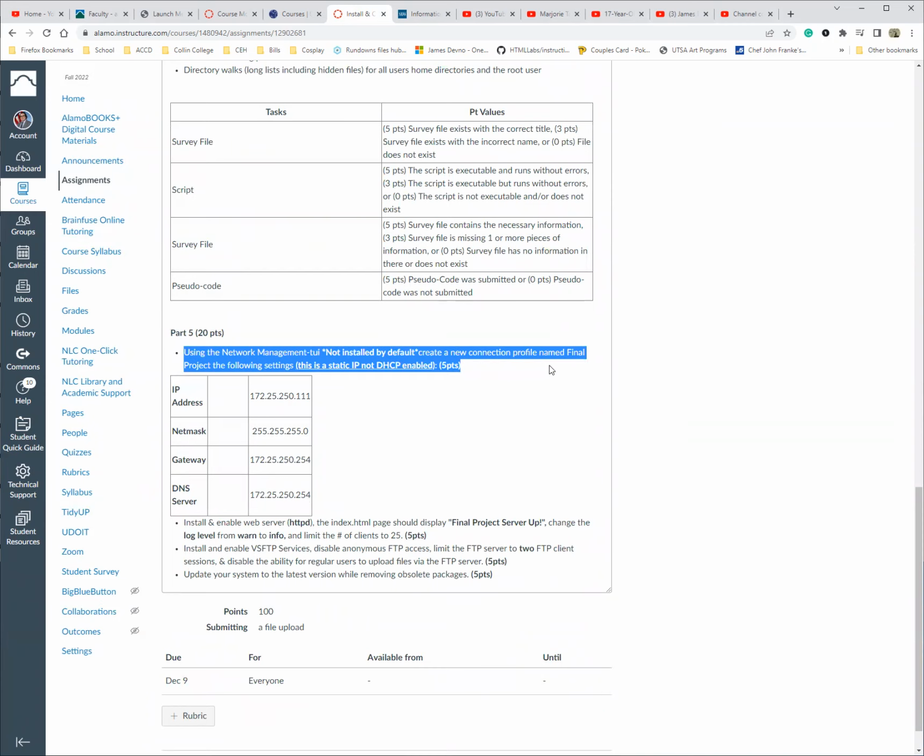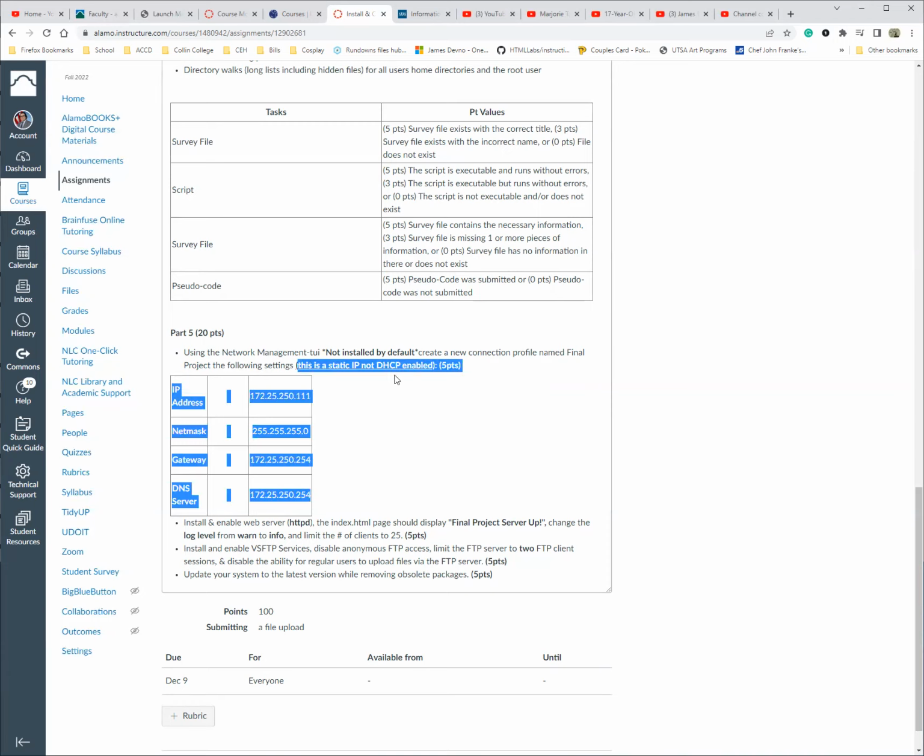And this is things such as network management TUI. So how you have to set this up. Guarantee, this is the command you're going to be using, network management TUI. So you're going to have to figure out how to do that. And this is what I want you to do. Create a new connection profile named Final Project with the following settings. Make sure you read. And this is how you set it up. These last 3 are HTTPD, FTP service, and then how to update your system to the latest and greatest